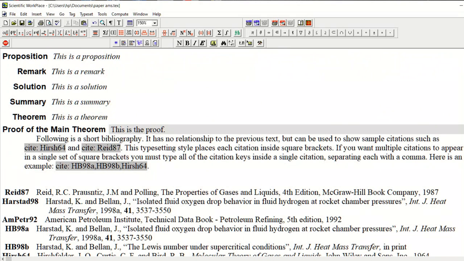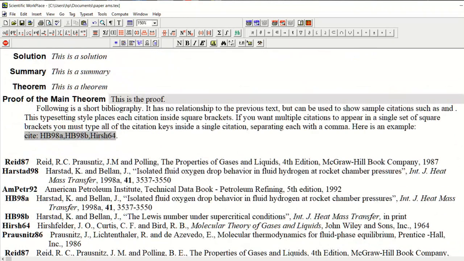So here some articles have been cited in the sample article. For example, I am going to cite here the reference of Hirsch64 and Reid87. Now if we want to cite this reference, which is the molecular theory of gases and liquids by Hirschfelder, we will take our cursor to the specific place where we want to cite that reference.